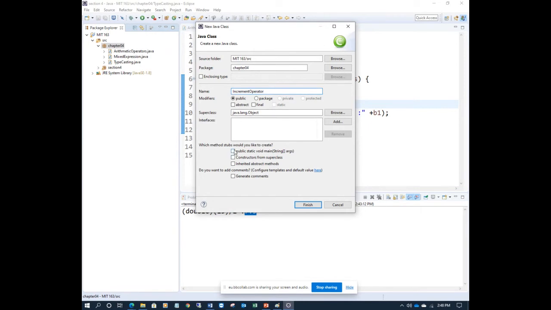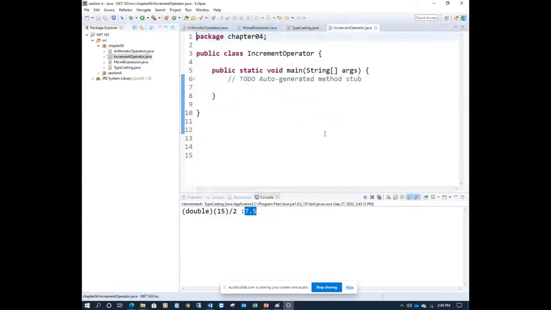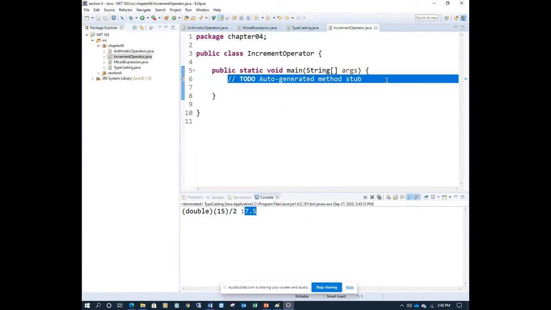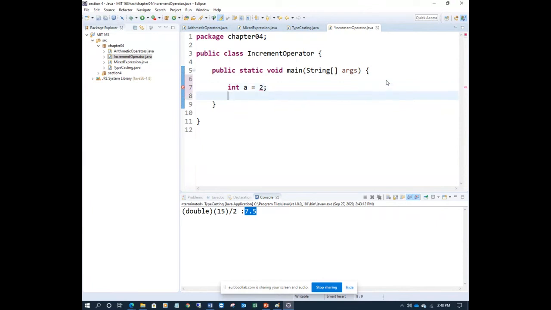Using only increment, then you can use the decrement. Example: int a, initial value is 2. I have another value, int b, initial value assume 7.